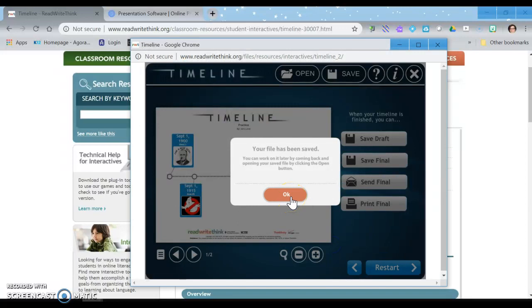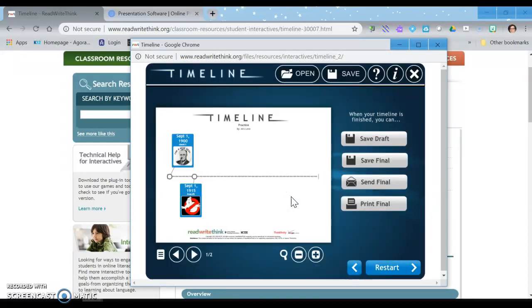Now, here's the important part. You can do this two ways. You can send it to me through the email. But what I would really prefer that you do is open up either a PowerPoint or a Word document on your computer. And I think if you click send,